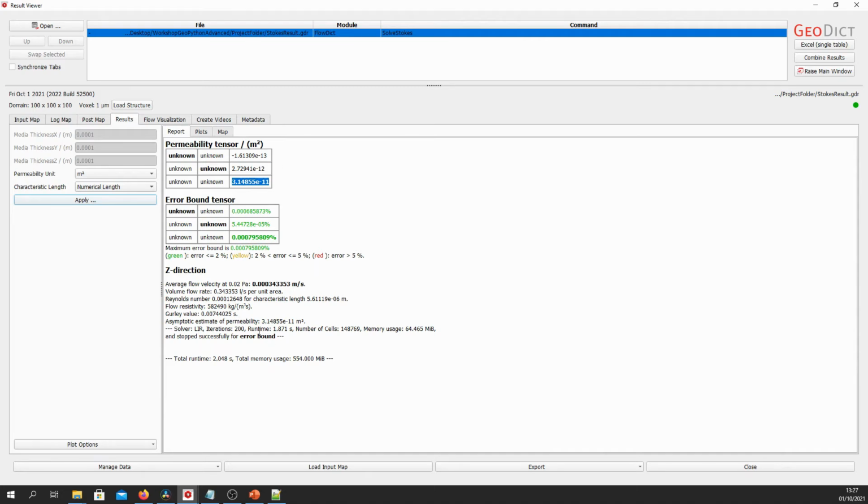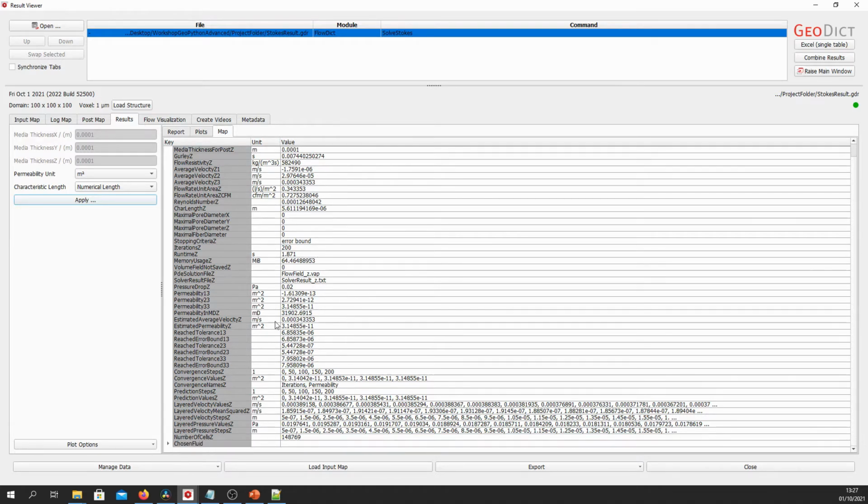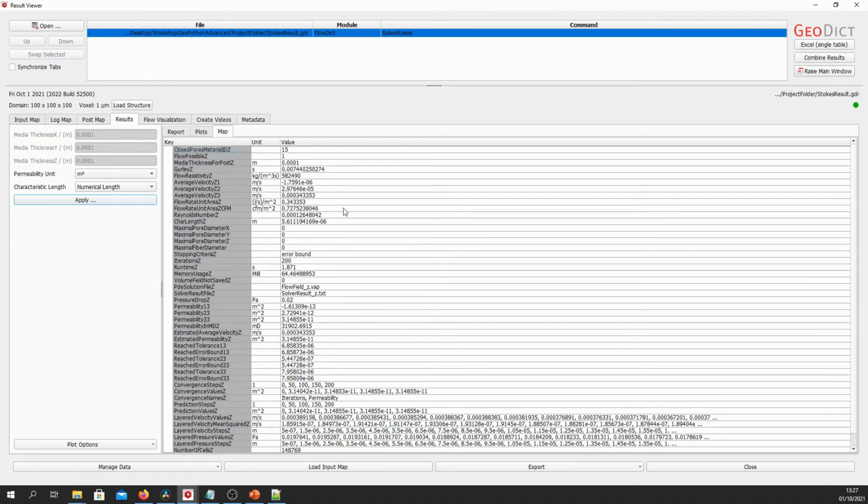But if we want to access that value programmatically, we have to find it in the result maps. The result map can be found under the Result tab in Map. So if we go here, we can find all kinds of structured, hierarchical, computer-readable data, which gives us the flow simulation results.